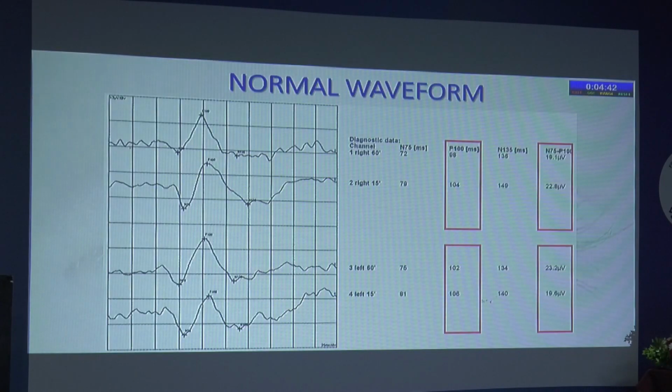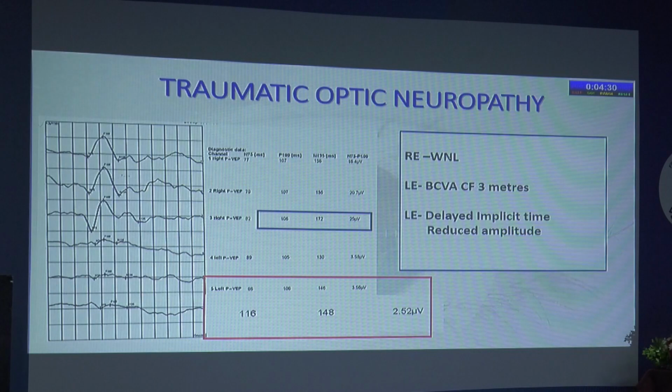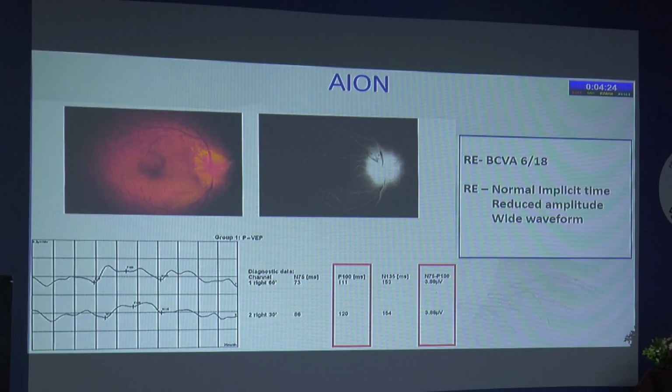This is a normal waveform where you can see that the latency and amplitude in both the eyes is comparable. Coming to traumatic optic neuropathy, where the left eye was involved. Here, if you see, as compared to the right eye, there is a delayed implicit time and reduced amplitude as well. In cases of AION, again, if you see, the implicit time might be normal, but the amplitude is reduced